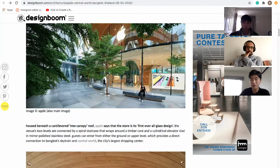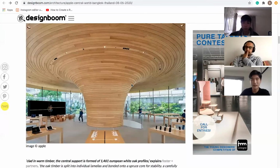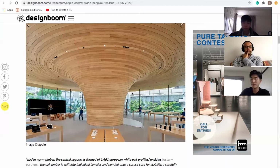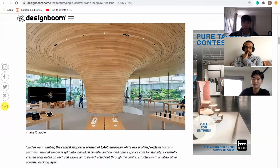As a store in 2020, you have to do more than just put product on shelf and offer a low cost, because you can buy that online. You know, probably find it cheaper some places. Usually not Apple, but